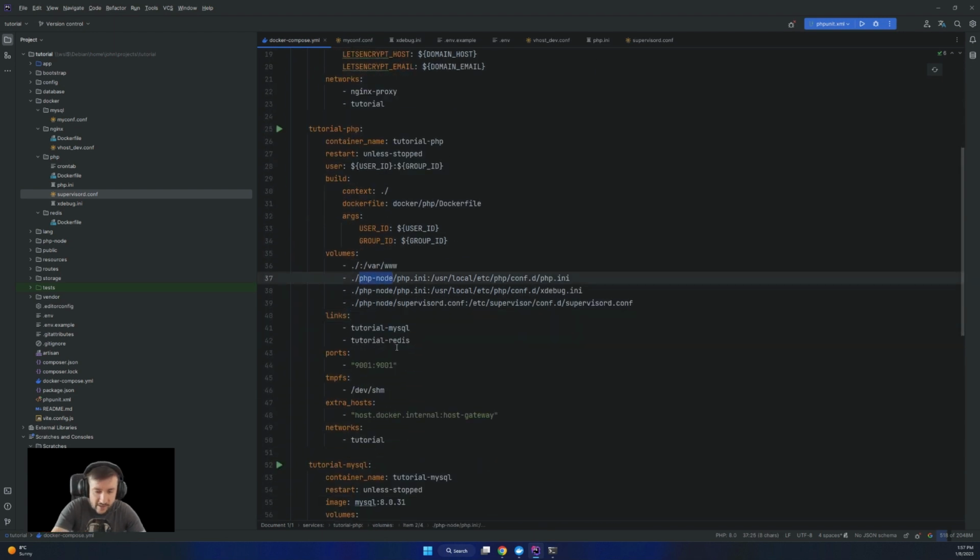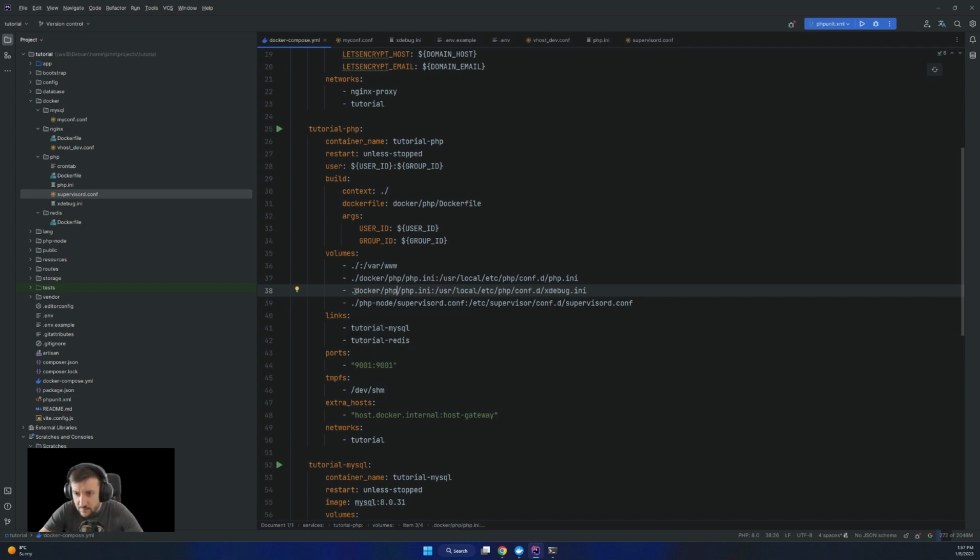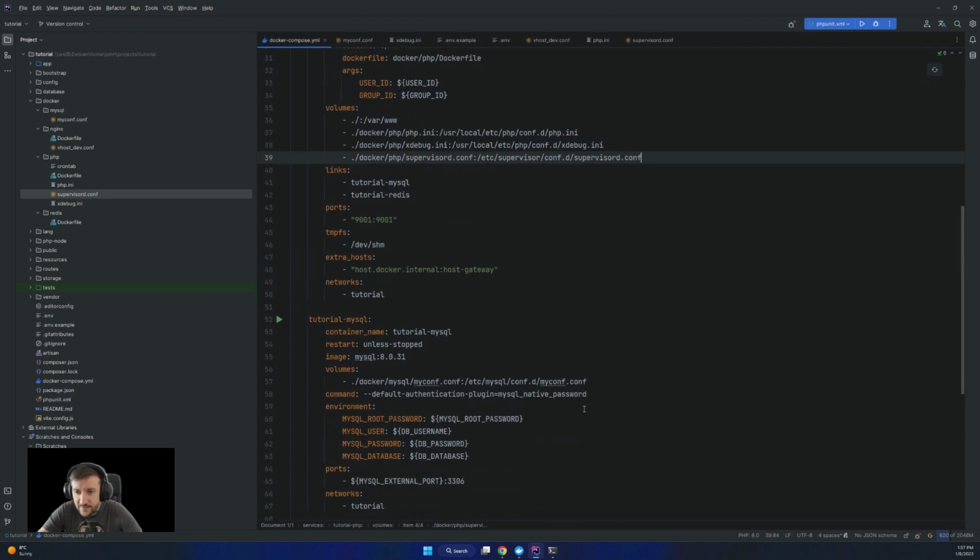It needs to be docker/php/php.ini, docker/php/xdebug. Yeah, that happens when you copy things and you don't adjust them. And the last one is docker/php/supervisord.conf into supervisord.conf.